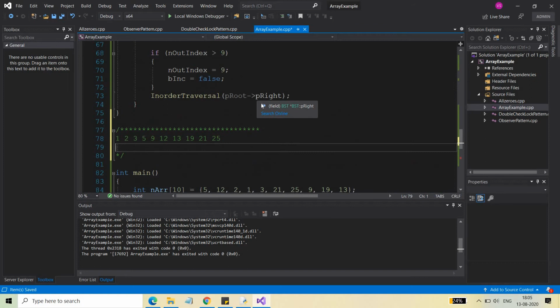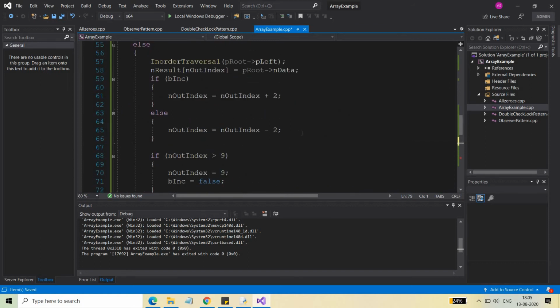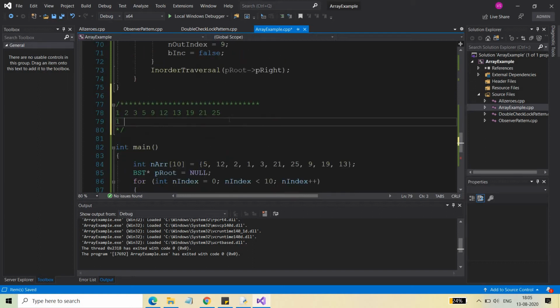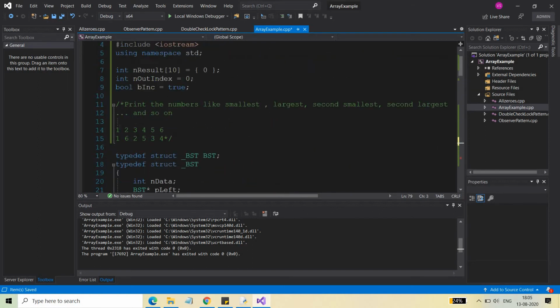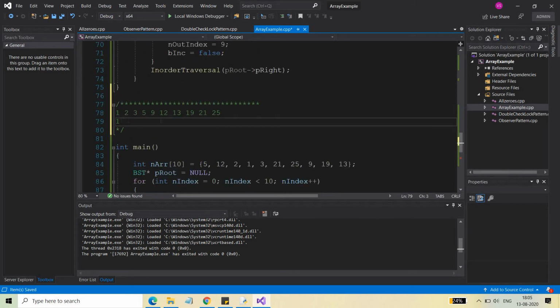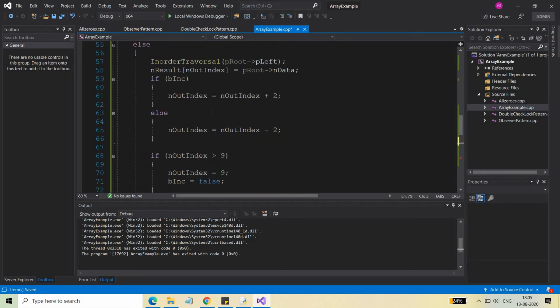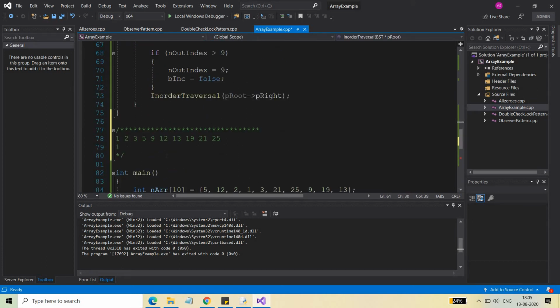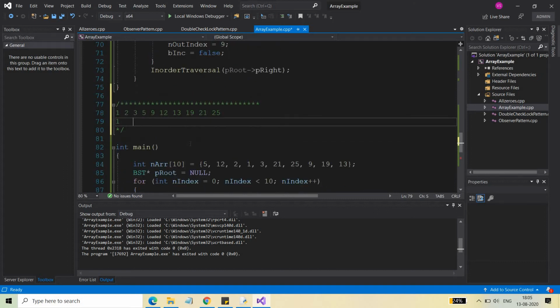So what is happening here is that first, 1 will be inserted at the 0th position because initially your index is 0. The next index will be left empty because you are moving the index by 2. So now you will be at the second index, and what will be inserted here is 2.